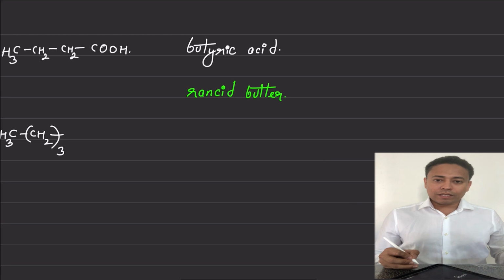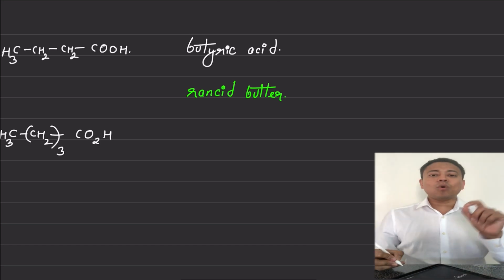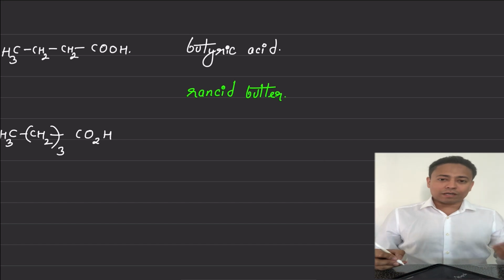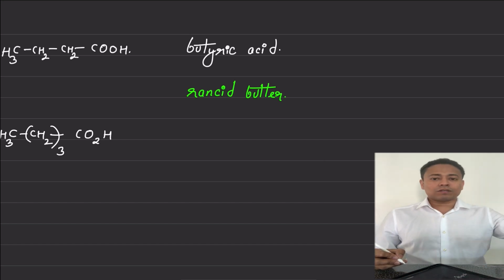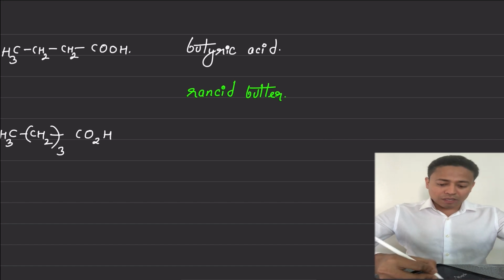You already have a CH3 present on the left hand side of the structure, so the total number of carbon atoms has become 4. I have to increase by 1 more carbon, or I have to now introduce my carboxylic acid group. So I will write here CO2H. I can even write it as CO2H, where C double bond O can be written as CO2H. Different methods of representation for the compound. This compound here now will be called